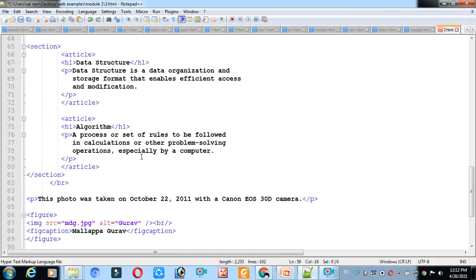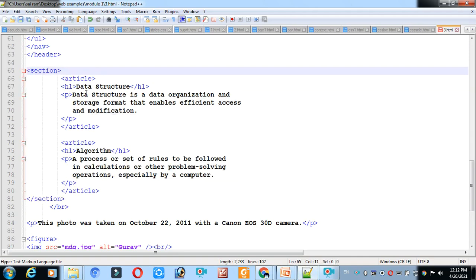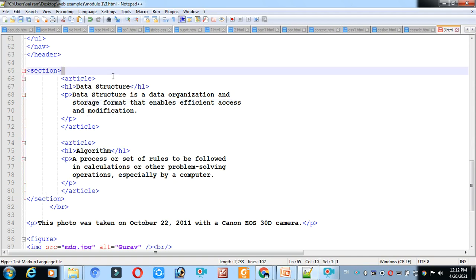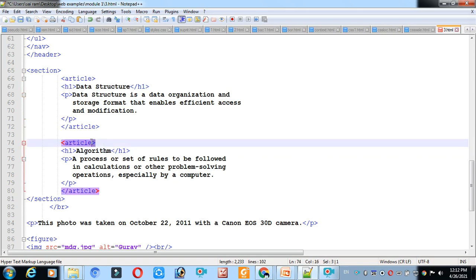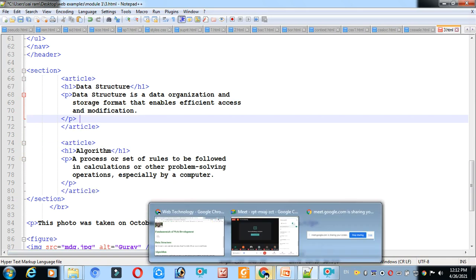Okay, here I made this, a division of sections and articles, right? This article is data structure and algorithms, right? These two are the main subject details. I made this as one section. This one section is divided into articles, like one article for data structure, one more article for algorithm, and the output of that data structure and algorithm.